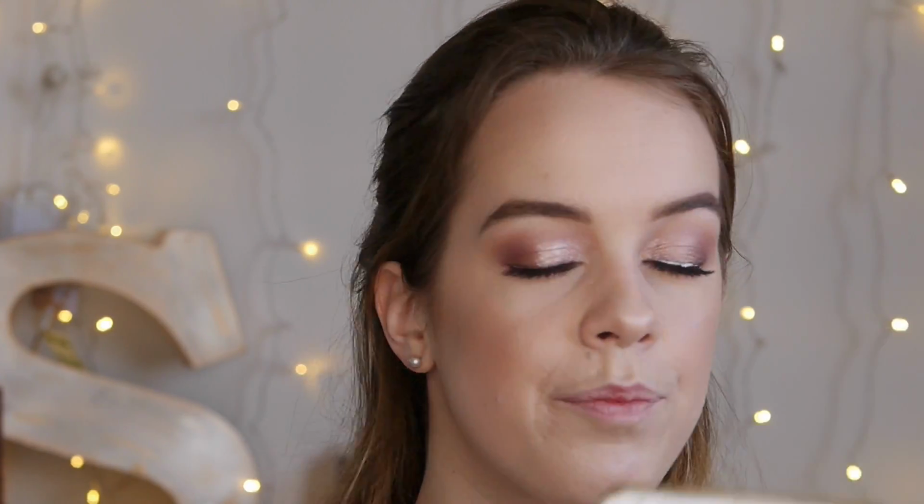There we go, now they're both on. I'm just going to wait for them to dry a little bit more before I move them. These are really, really beautiful lashes. They were really easy to apply. I'm not the best at applying eyelashes, but as you saw, that was pretty easy to pop on. So while we let them dry a little bit more and become a bit more tacky, I'll move on